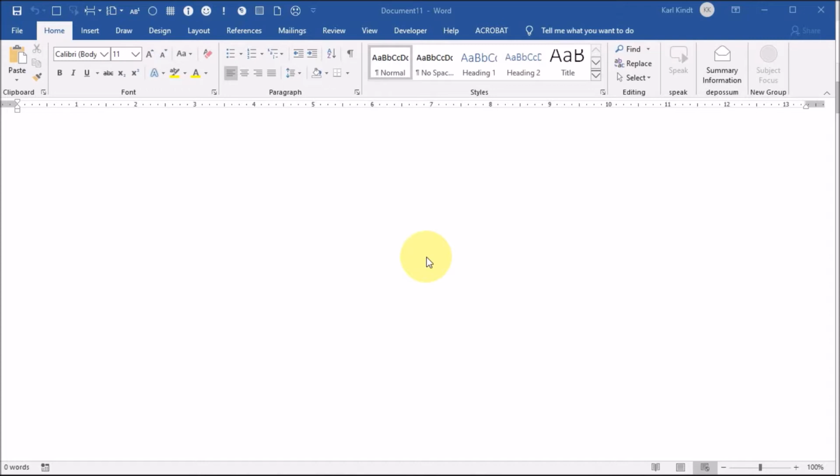where your .dotx file or .dot file is saved. So another way of doing it is this. I've got a blank document up here, and I'm going to change its default font here to be 16,